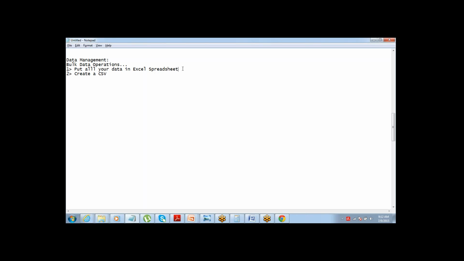Okay, so first of all, the data that needs to be imported needs to be put in an Excel spreadsheet. Okay, and then you need to create a CSV for it. CSV is a file format. So basically the Excel file needs to be saved in CSV format.